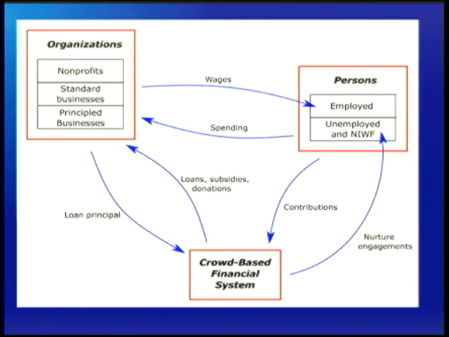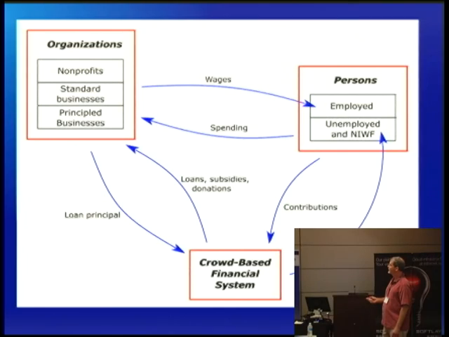All right, so this is just a simplified schematic of what the model looks like. I'll show you a little bit more detailed picture shortly. But in this one, there's three primary agents. Organizations, which include for-profit businesses, which I call standard businesses, nonprofit organizations, and then a special type of organization called a principal business, which is a cross between a for-profit and a nonprofit that's unique to this LIDA framework. So those are all the organizations that choose to participate in a local economy, in a local area.